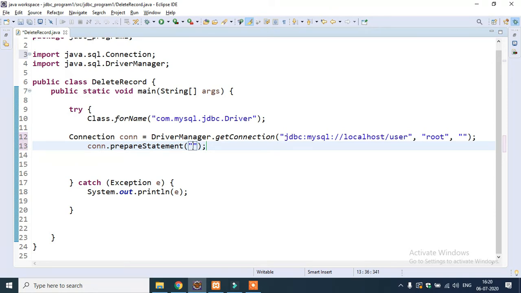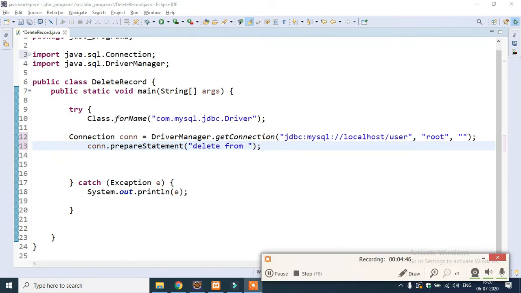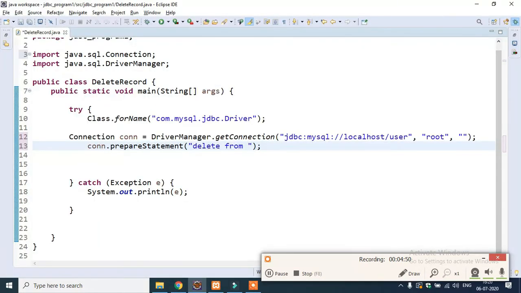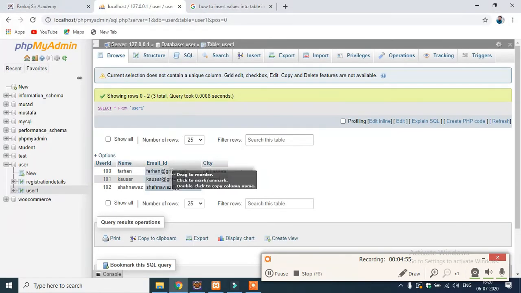To delete a particular record, the SQL query would be delete from table name. The table name is user1. Write here user1 where, and I want to delete this particular record, let's say with user ID 102.